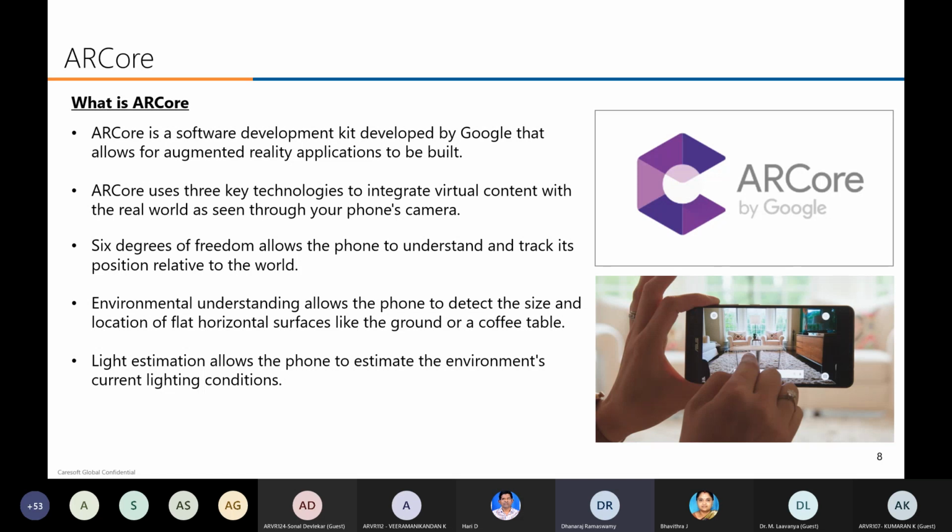As we have seen with ARKit, it supports the ground plane and image detection. ARCore supports everything other than the LiDAR scanner. The LiDAR scanner is supported only on iPhone, meaning iPhone 12, iPhone 12 Pro and iPad Pro. So the LiDAR scanner won't be supported in ARCore. Maybe in future Google may introduce something like a LiDAR scanner, but right now LiDAR comes only under Apple.